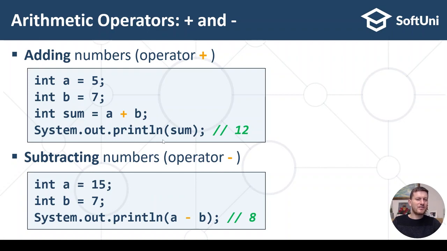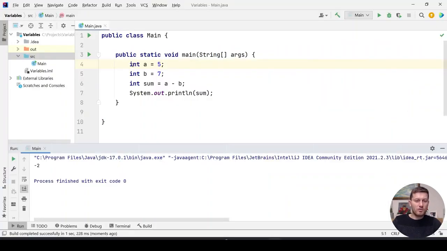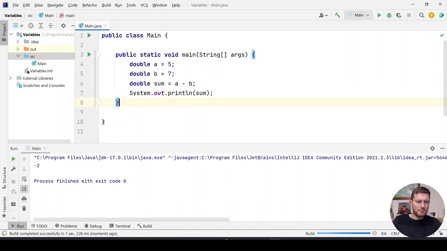And nothing strange or interesting here. It also works not only for ints, but also for doubles. If we have a double, the result should also use double. You cannot store the difference between two doubles in a normal int,